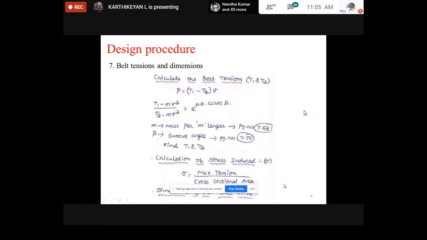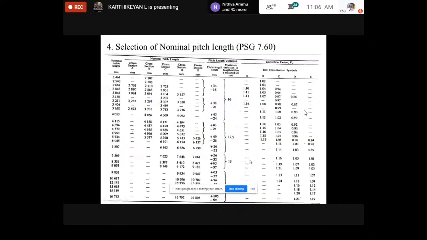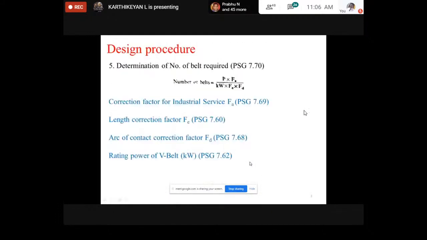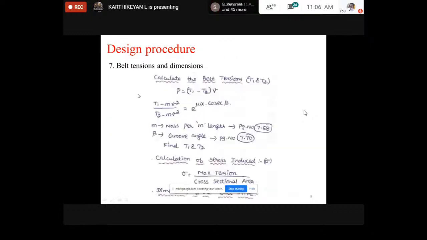We have a separate equation for the area of the trapezoidal section. By using this, I can calculate the dimensions of the belt, B in terms of thickness, so I can finalize the dimensions of the V-belt. These are the 7 steps we generally follow in the design of a V-belt. If the tension values are not given, you can limit your steps up to the sixth step. If belt tensions are given and the objective is to calculate the dimensions, you can proceed with the seventh step. These are the basic design procedures for designing the V-belt.